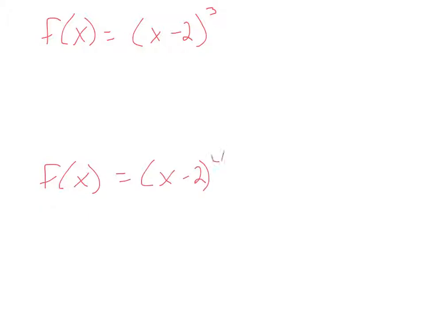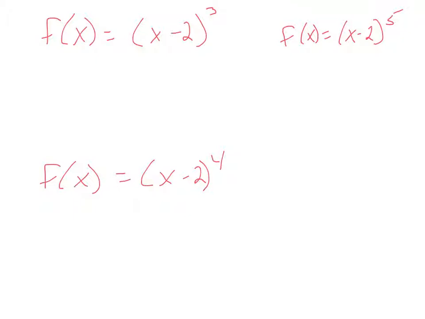So let's look at the functions. I'm just going to make an even simpler function. What if we have the function x minus 2 to the third, and the function x minus 2 to the fourth, and let's even do f of x equals x minus 2 to the fifth. Graph all three of those. These are all polynomial functions that have a single 0 at 2, but they're all going to have slightly different